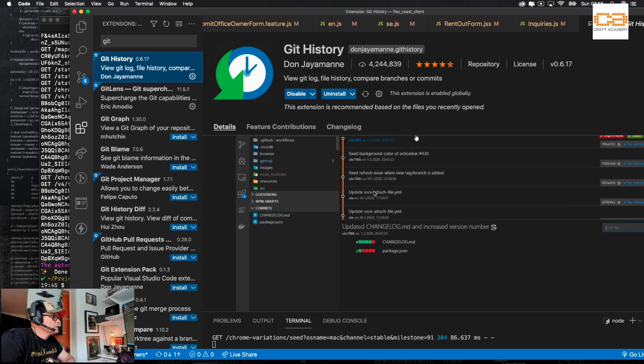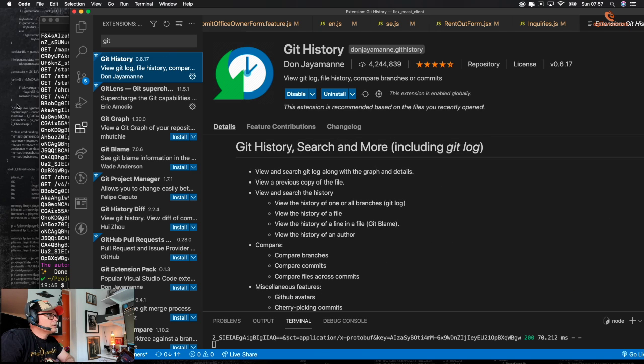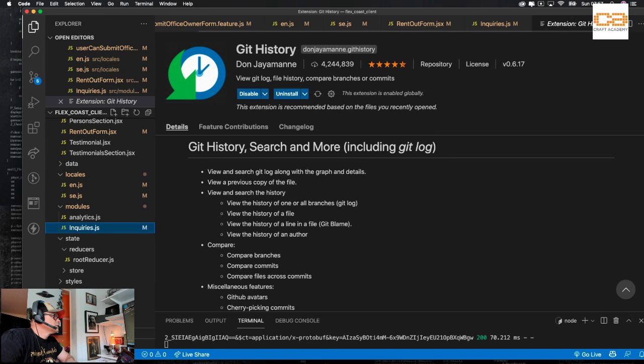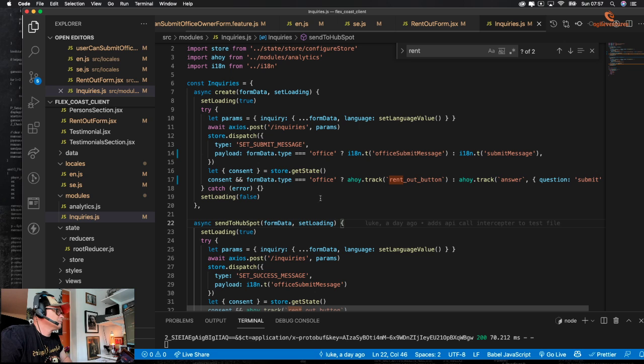So that would be Git history. Yeah, if you work collaboratively, then that's definitely a very nice feature. I totally agree. I've had it for a long time, so that's why I forgot where I got it from.